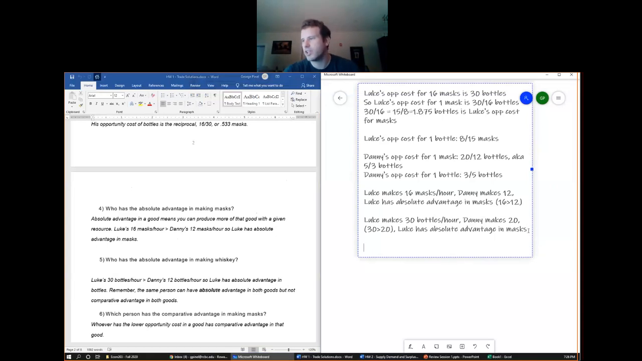So comparative advantage basically means you're able to make more of a good more efficiently. So it's not about how much you make per hour, but how many masks you make per bottle. Okay, so if you make more masks per bottle than the other person, then you have comparative advantage. Another way of saying that is if you have a lower opportunity cost, you have comparative advantage. Okay, so comparative advantage is lower opportunity cost